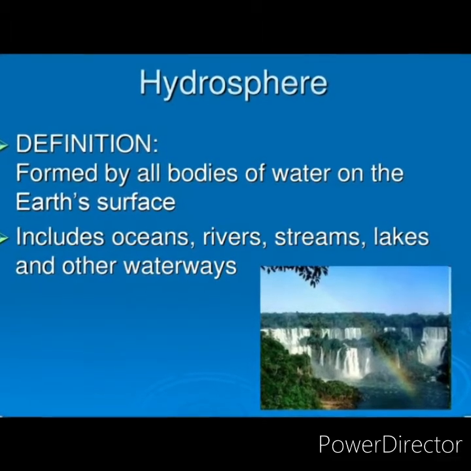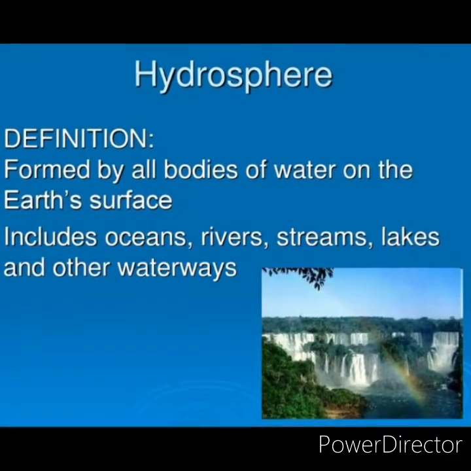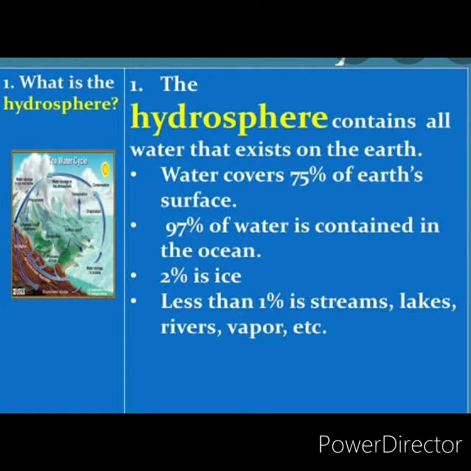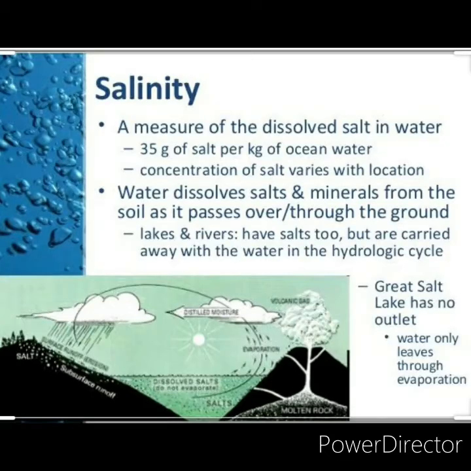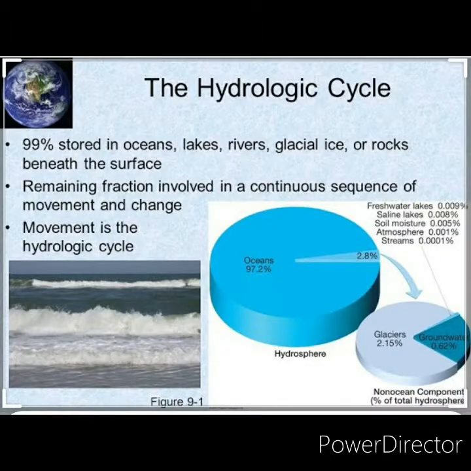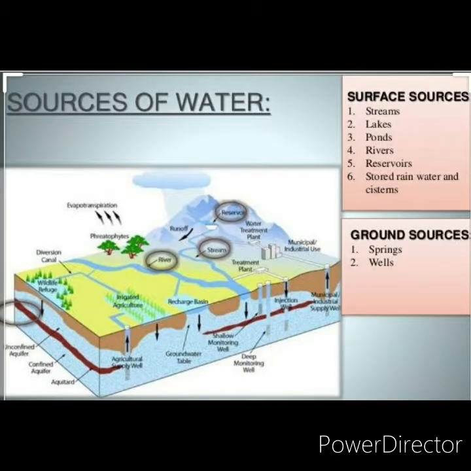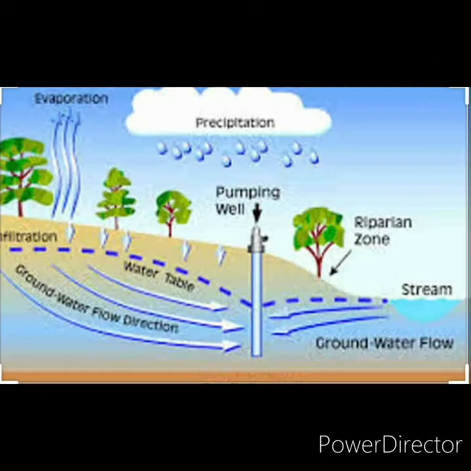About 71% of the earth's surface is covered by water. Out of this, only about 2.8% is fresh water and the remaining 97.2% is salt water, which is found in seas and oceans. Okay, water resources are very useful, that we know, isn't it? They are available from three sources: precipitation, surface water and groundwater.